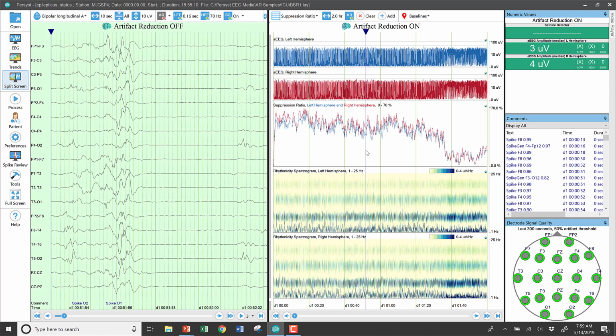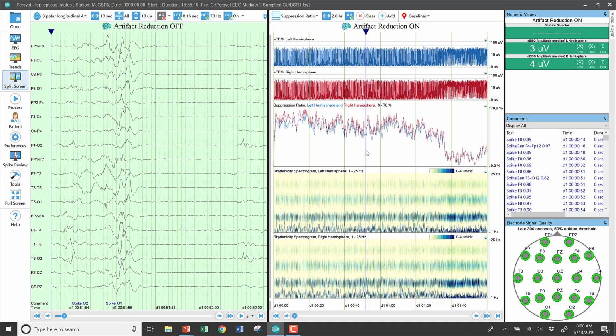The suppression ratio trend evaluates each EEG channel or combination of channels for periods in which the amplitude of the EEG is suppressed, in this case below 3 microvolts baseline to peak, for greater than 1/2 second. The duration of all EEG segments meeting these criteria over a 10-second period are added together and a percentage is calculated. For example, if 3 seconds of EEG were suppressed in a 10-second epoch, then the suppression ratio for the